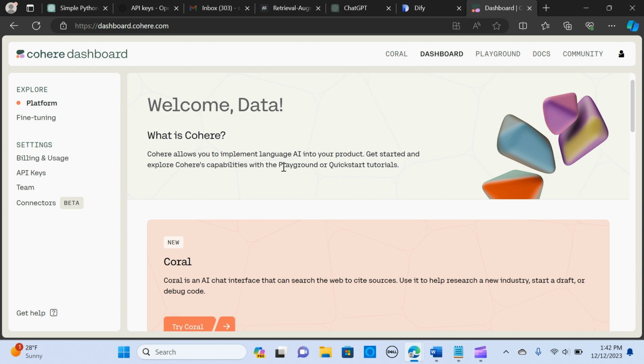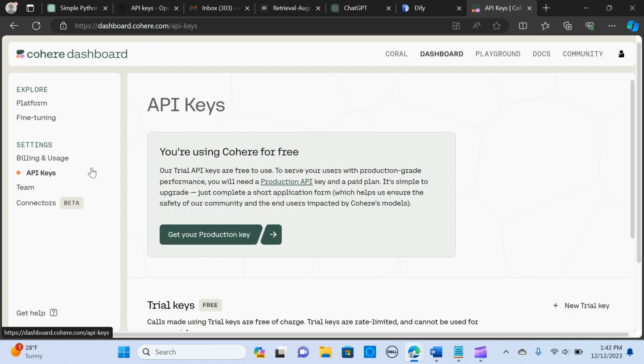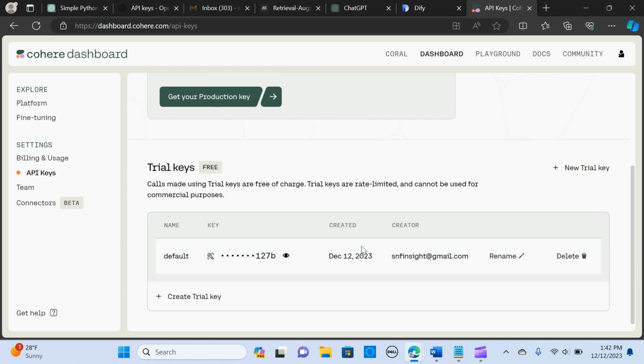You can create the re-rank model account for free using Cohere, which will give you an API key. When you are connected, you just choose get API key, where you get the free trial options, and you can copy this. This is the default one.